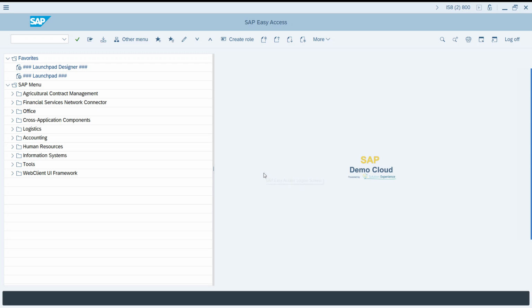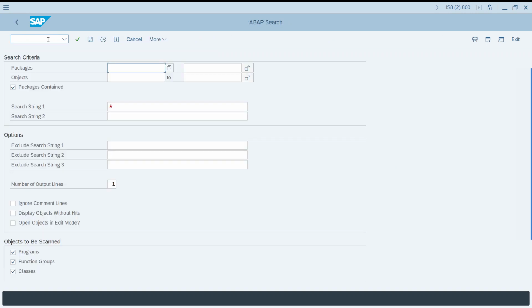For solving this task, you can use the transaction code scanner in SAP ABAP like this, and I will tell you how this works. Go to the transaction. You can choose a package. For example, like this, it can be a specific customer package or a few packages, or for example, all customer packages in the system.